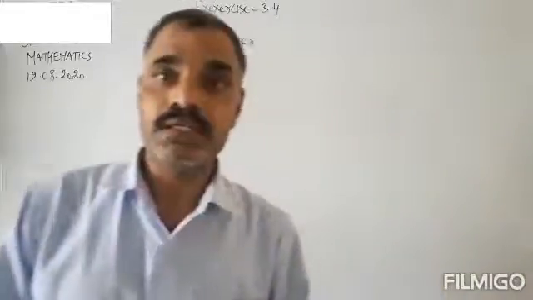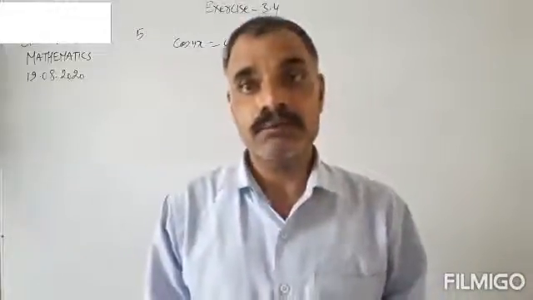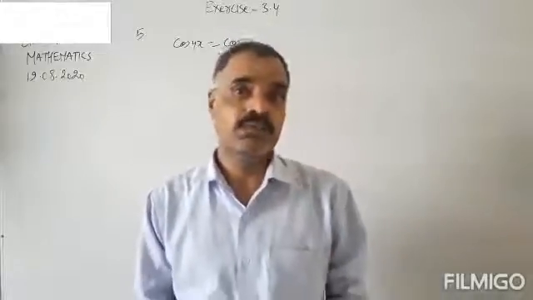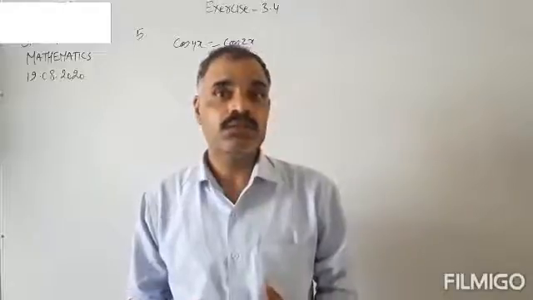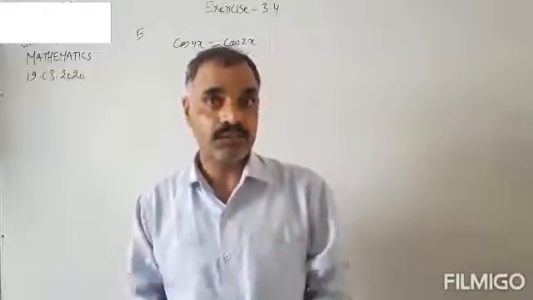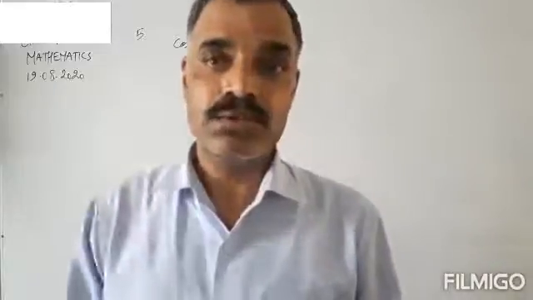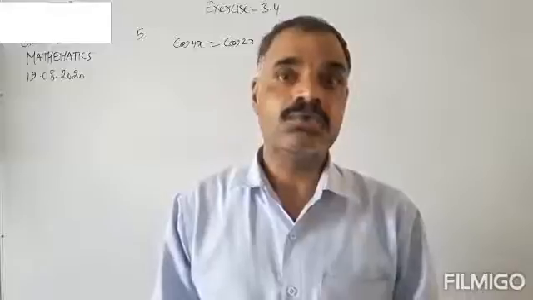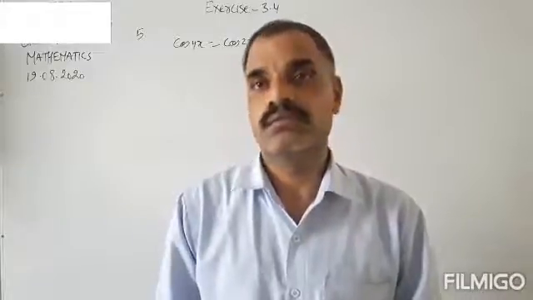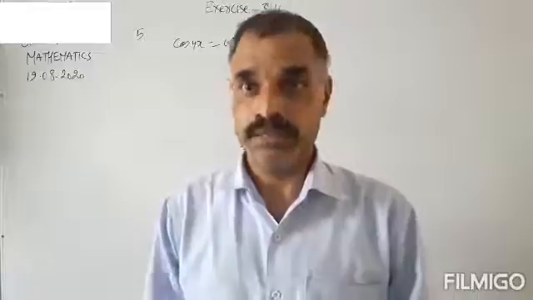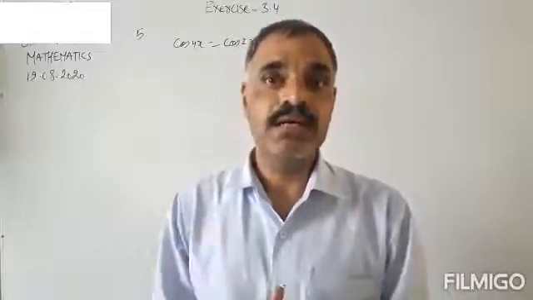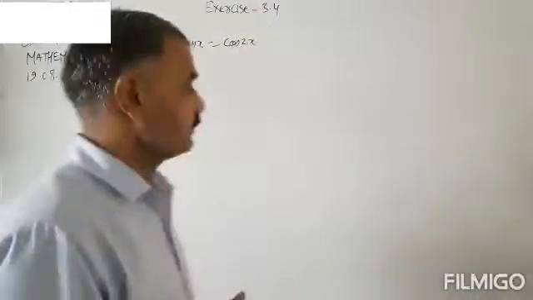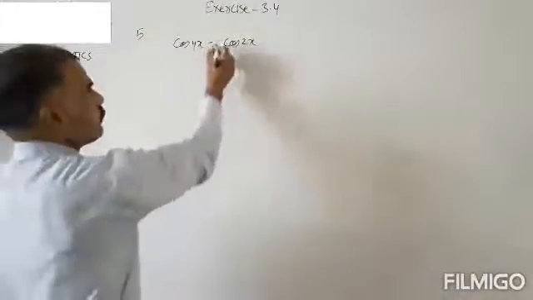This is an important part of the solution of trigonometric equations, because we will use this method of solution in next classes also, in next chapters also. So let's learn how to solve the trigonometric equation cos 4x equals cos 2x. If anybody has an idea, they can solve it; otherwise let us have a look at the whiteboard.